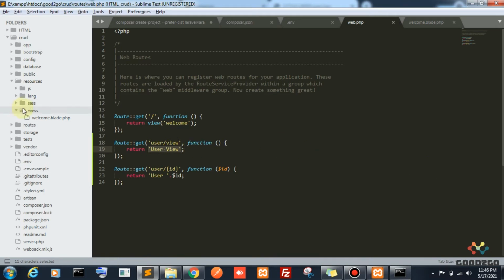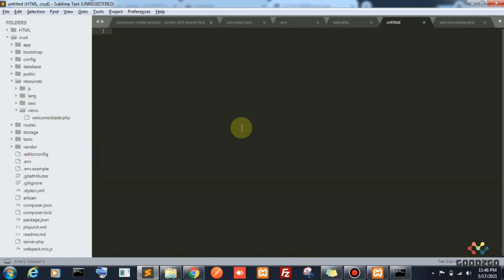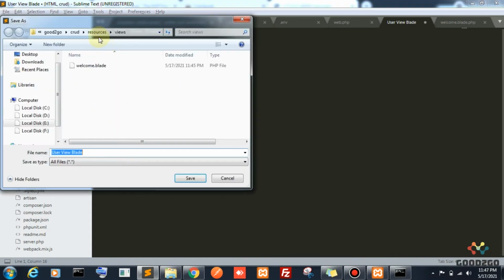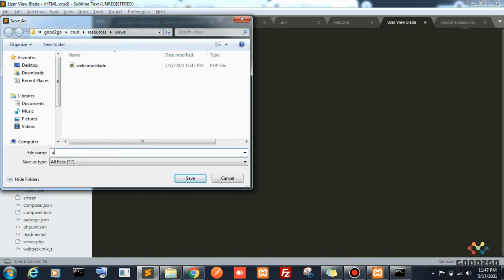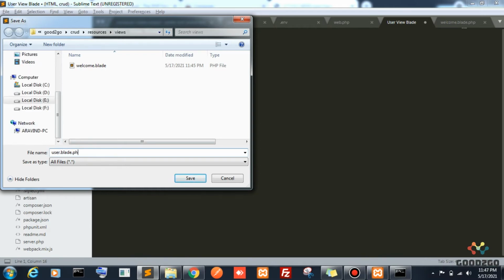Okay, so I am going to create one file here. This is also Laravel, I said, right, it is an HTML file. So in HTML we can write any text also. I am giving the text as user view blade. Okay, I am saving this file inside the resource views folder as user.blade.php.